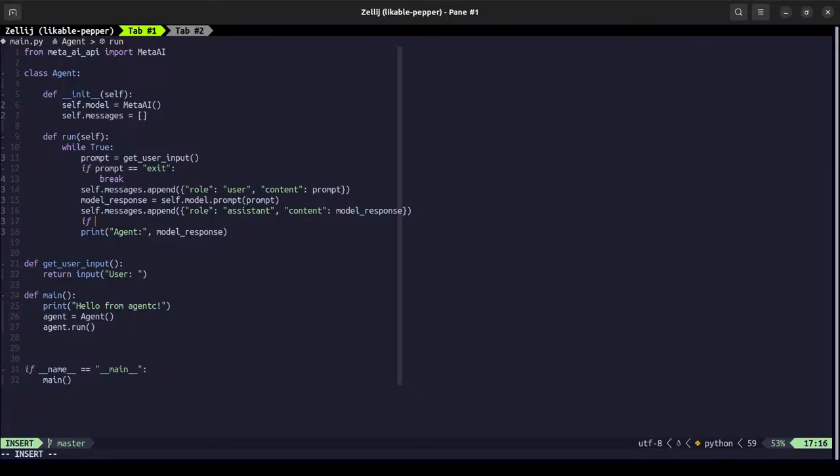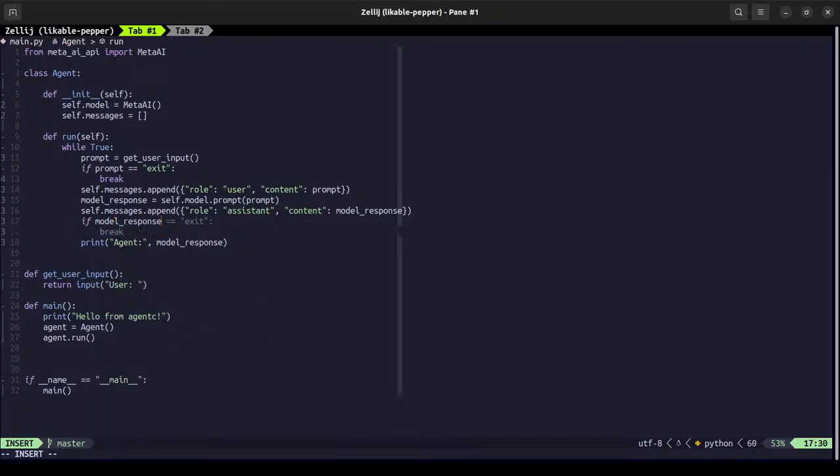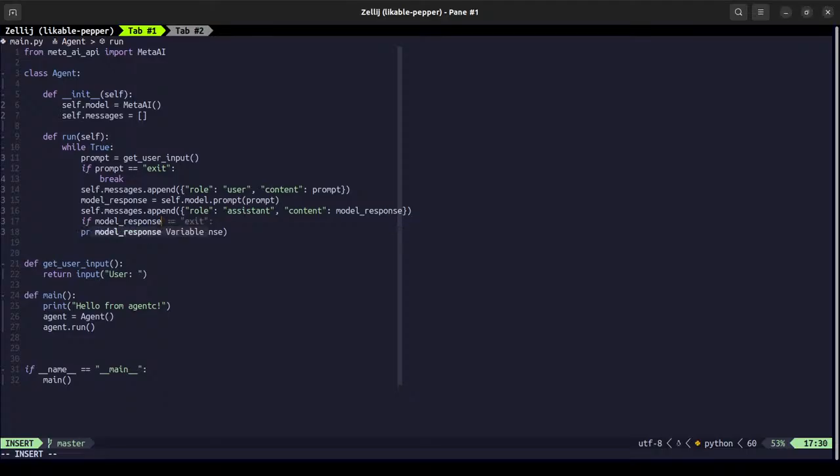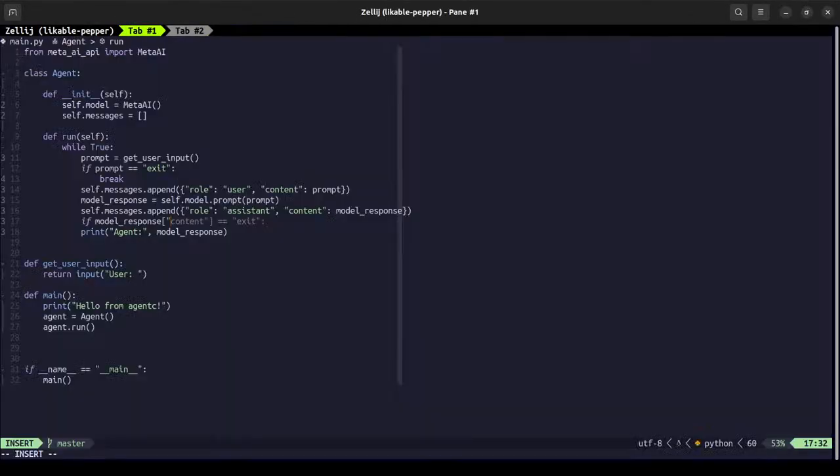Okay, so here we will have the if condition, which will be if model response dot, sorry, okay, this will be the actual message, right? We need to construct the Pydantic classes for this.